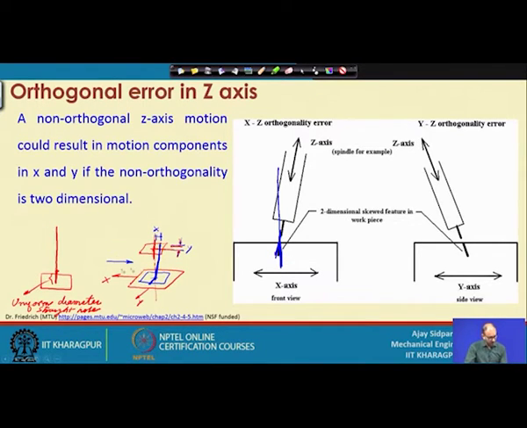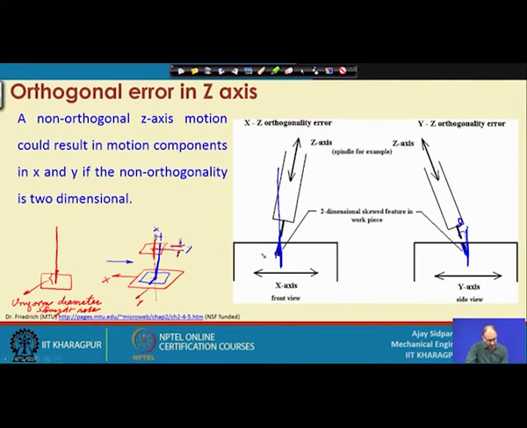That is when you look from that way, but if you look from this particular direction right now, you can see the other axis problem. So, you are drilling in this direction, but actually it should be in this direction, because this is the angle theta, which is additional, or that is the error between the x, y and z axes. So, this is the problem.